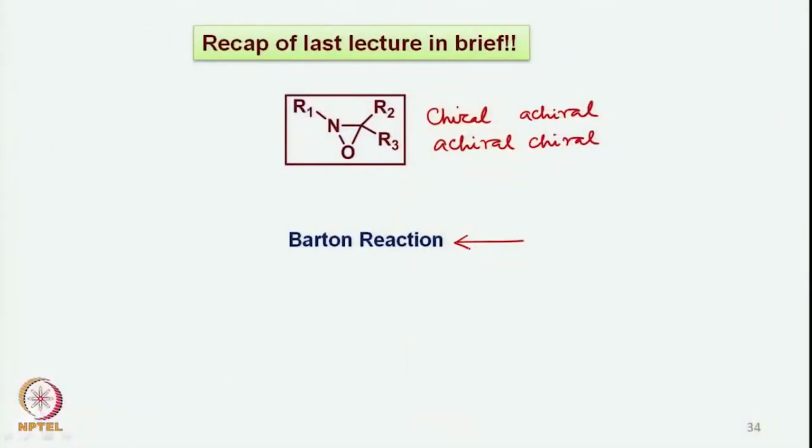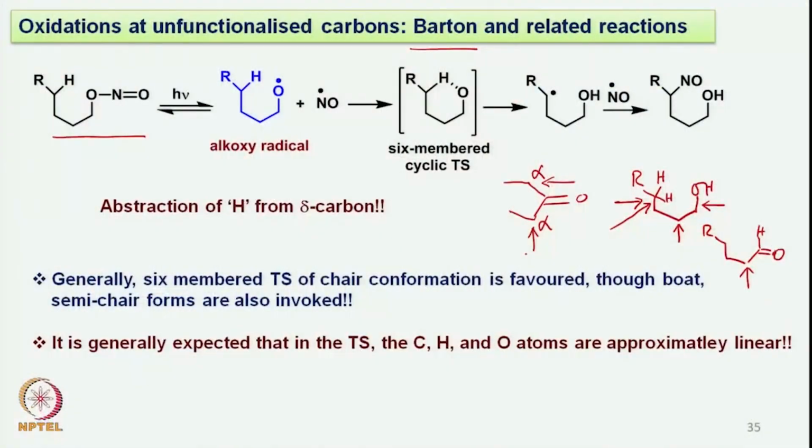Then towards the end we discussed the Barton reaction, which is the oxidation at the unfunctionalized carbon. So we will now proceed with the Barton reaction and related reactions where the oxidation at unfunctionalized carbons can be carried out. As I discussed last time, it is easier to do the reaction at the